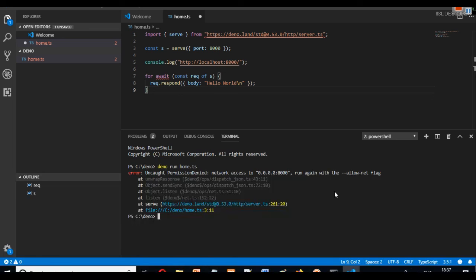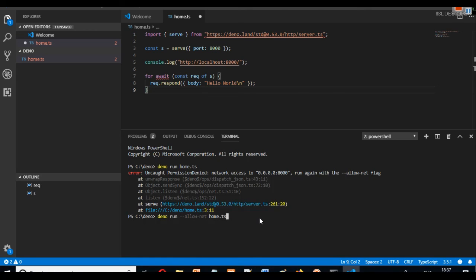You will see that it is giving us an error: uncaught permission denied, network access to this particular address. Run again with the --allow-net flag. So we'll copy this allow-net flag and run again. Write deno run, then --allow-net, and then again the name of your file. Because we are trying to access port number 8000, we have to use the allow-net flag here.